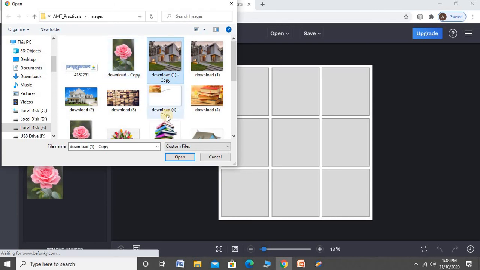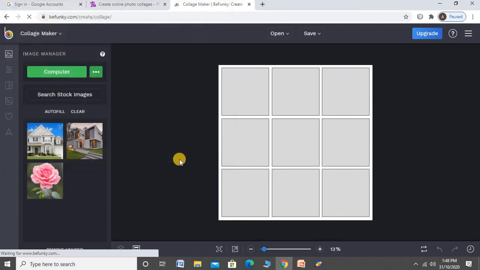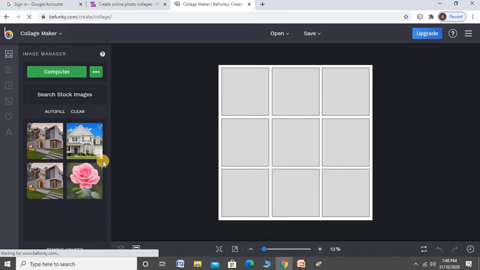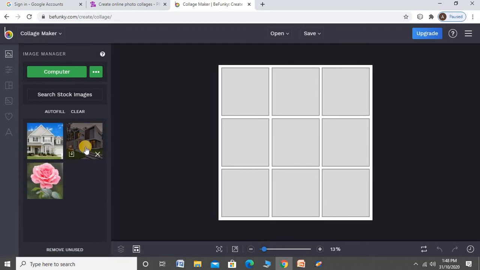In that question it says 10 images, and add 3 images, just like that.